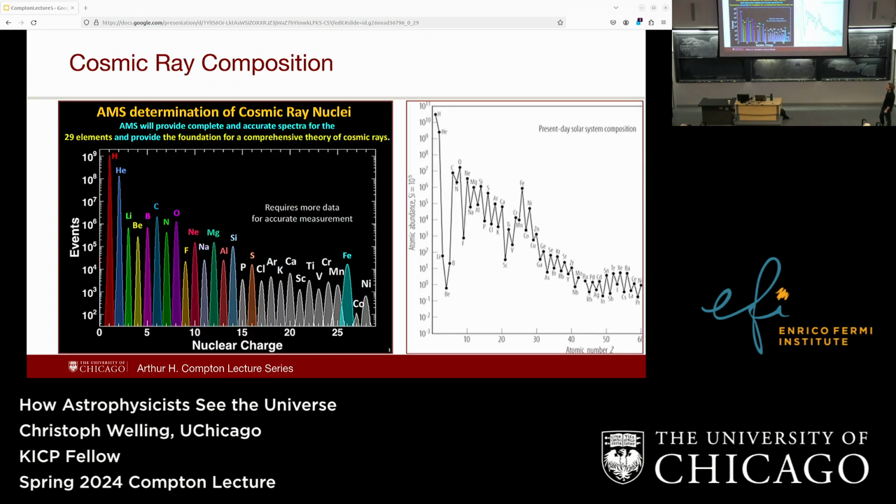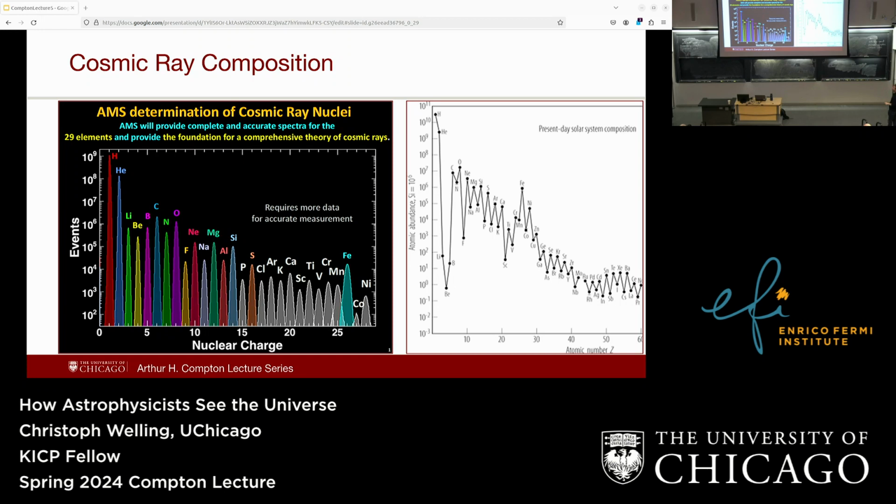So maybe we have to look at other stuff. We can, for example, look at the composition. So it's some nucleus, but what element are they actually? Is this hydrogen? Is this iron? What is this? If you have one of these detectors in space, that's fairly easy to measure. You just run them through a magnetic field, look how they're deflected, and then from that you can measure the charge of that atom, and then you have the chemistry.